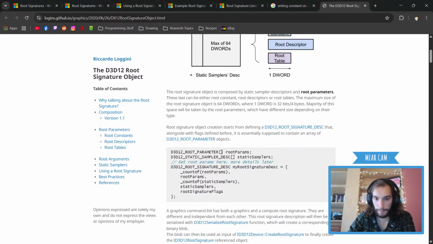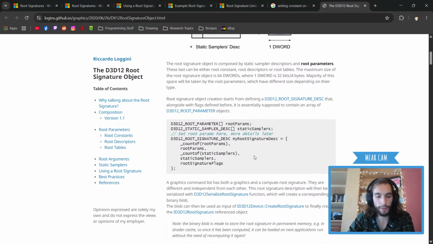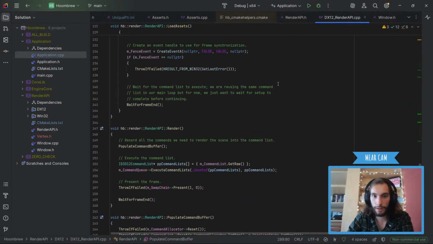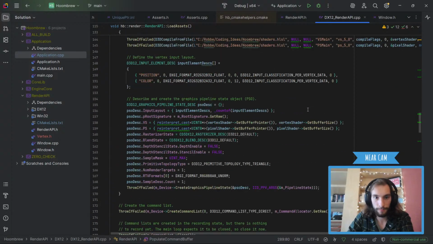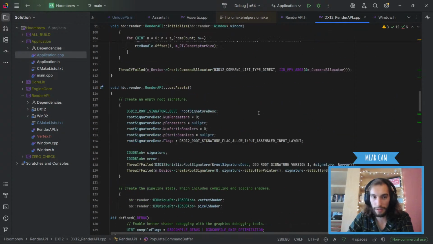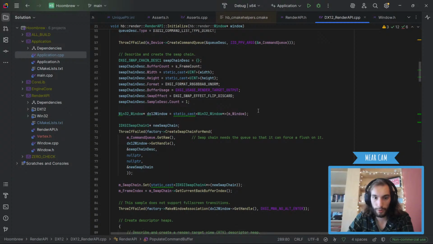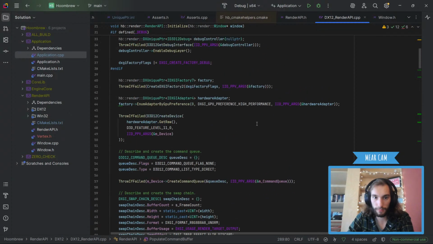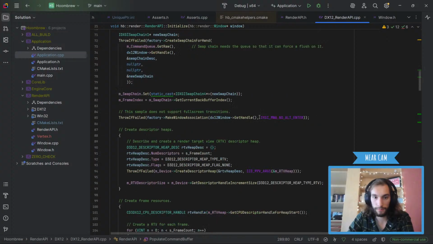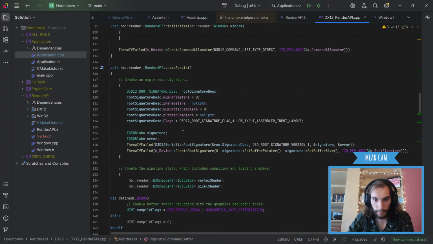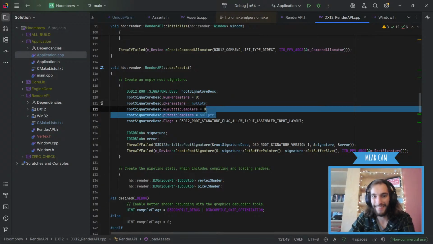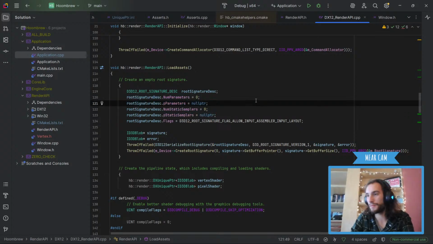Okay, my root signature description, count of parameters, count of static samplers. Oh, I already have that as well. Wait, hold on. That's good information. I just glossed over it at the beginning. We make a root signature. Where is it? I lost my root signature. Load assets. Here it is. Root signature. We have 0 parameters, 0 static samplers. Good to know. So that's why it's empty. Okay, we make an empty one for now. That's perfectly fine. We don't need to do this.